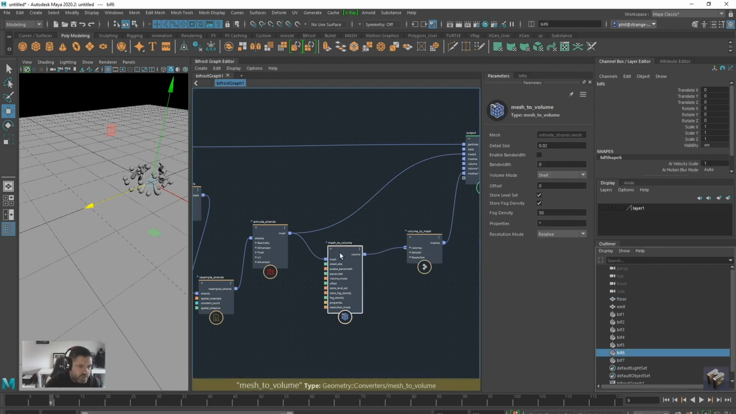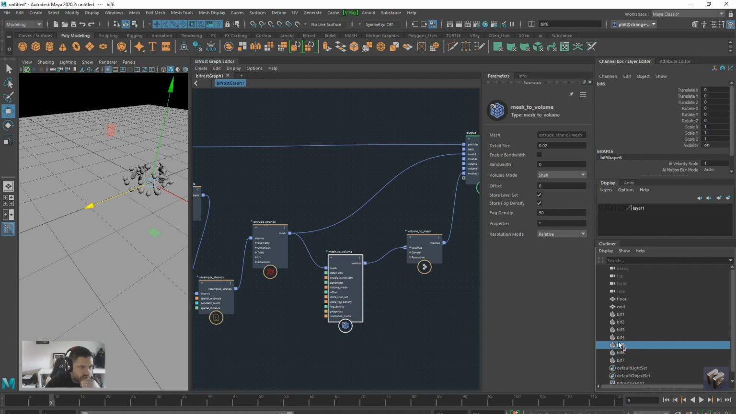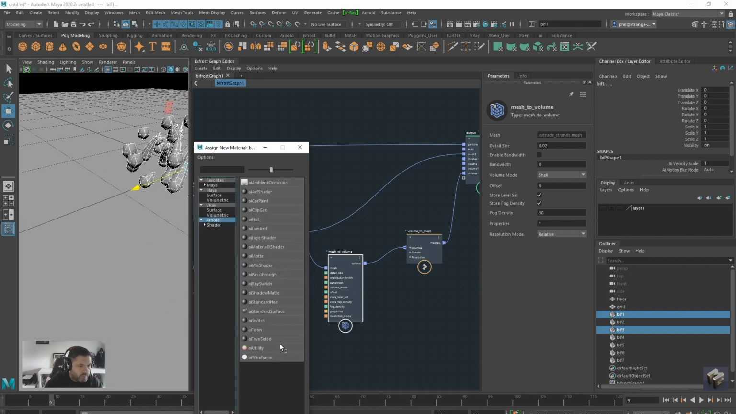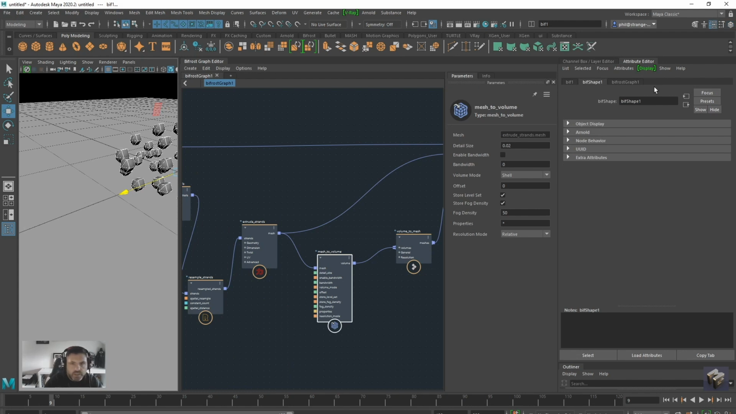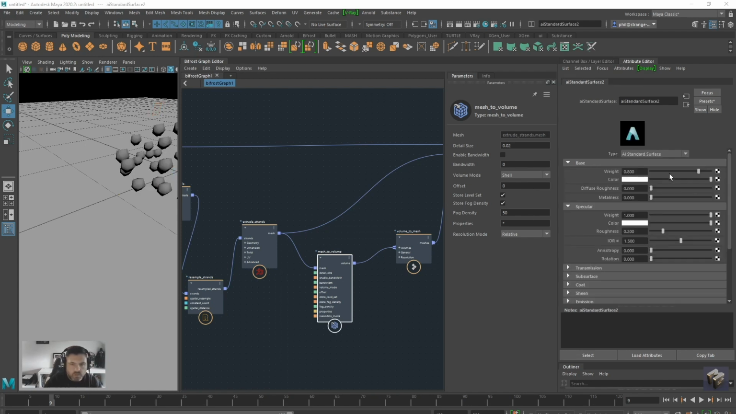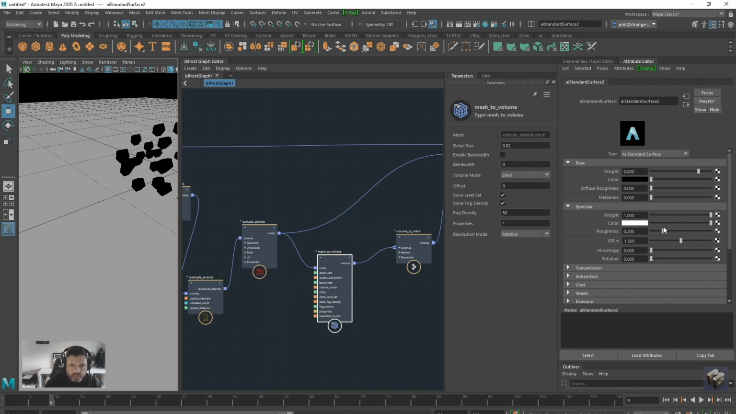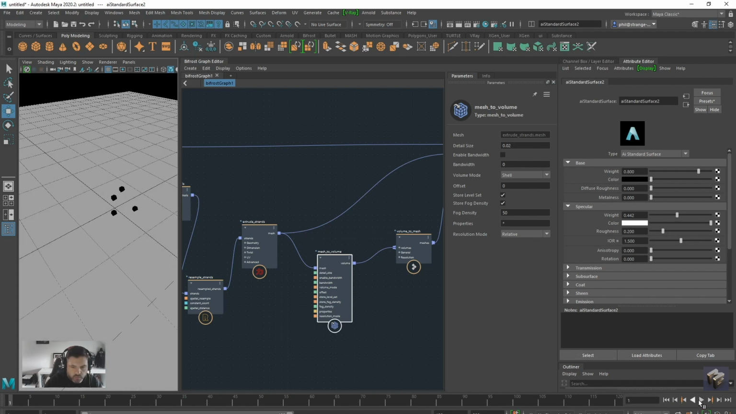And then for the strands and all that, and the particles, could stick in a shader in there. Let's just give them their own little shader. Let's go assign the material, volume, standard surface, and then this one I'm going to make black. Yeah, black with some specular, but not too much specular. So if I rewind and play,